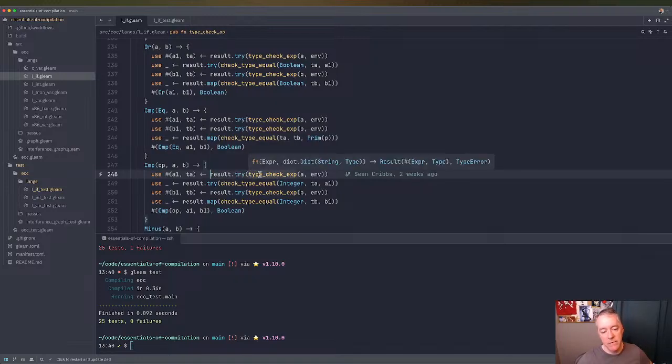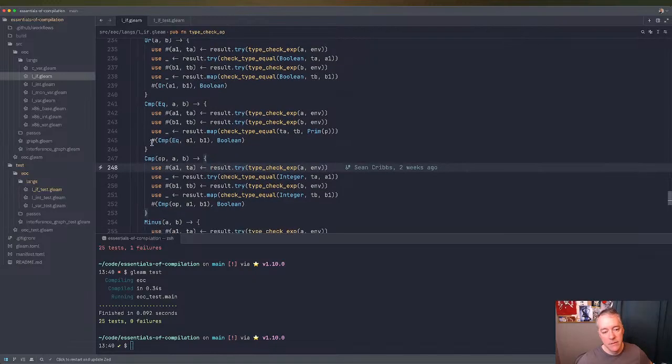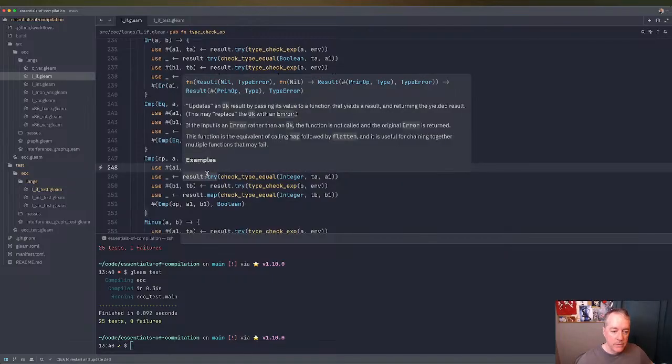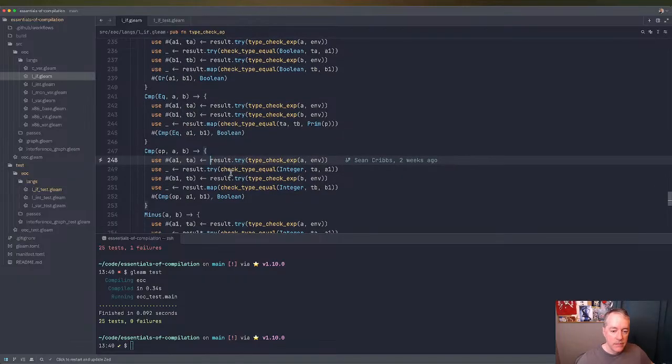So if the first one does not, right, we're not using equal, so we can't compare that they're both Booleans. In this case, we get the type of that, and then we check that it's equal to integer. So if this one fails, you're only going to get,